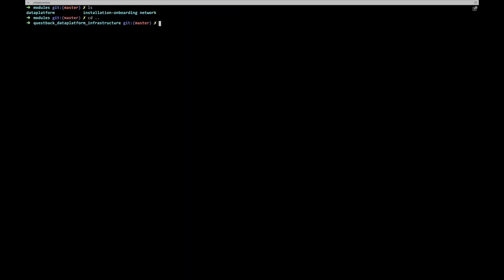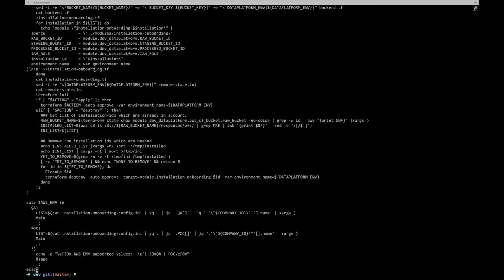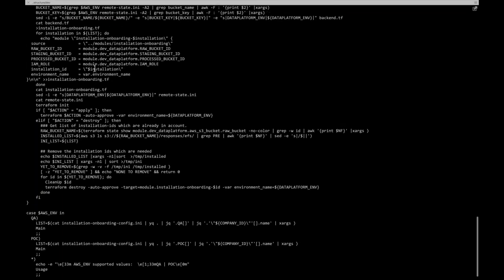No, I think I'm wrapping it somewhere. I just went to the module. No, I have to go to the dev environment. Yeah, where it is. So now you see this. There is some shell script, launch infra.sh. Now you see this, since I don't have any kind of module iteration, but there are